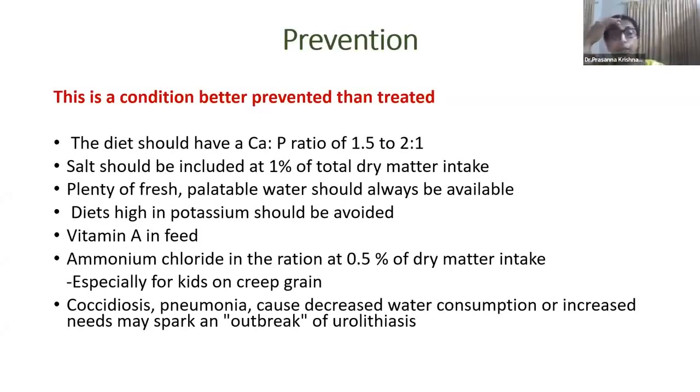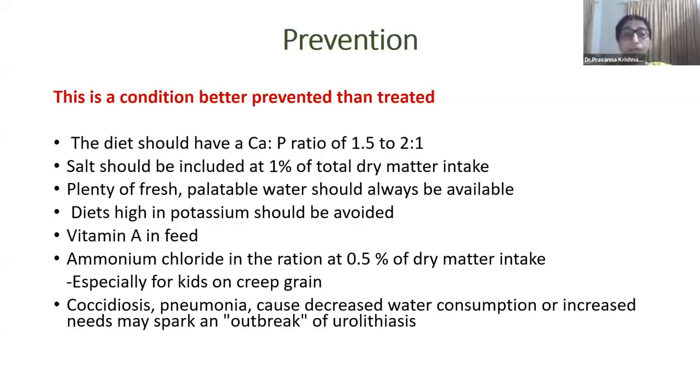And salt should be included at 1% of total dry matter intake, and plenty of fresh, palatable water should always be available. This is a very easy thing that you can ensure on your farm, giving plenty of fresh, palatable water. And you should avoid diets high in potassium; that also gives a mineral imbalance. And vitamin A should be there in the feed, at an optimum level. You can give some green fodder also. And ammonium chloride in the ration at 0.5% of dry matter intake sometimes may help the animal, especially